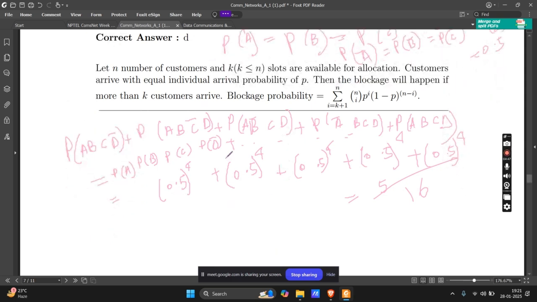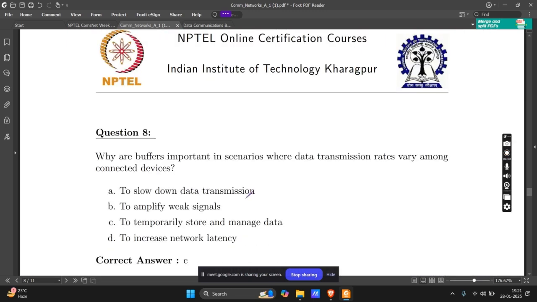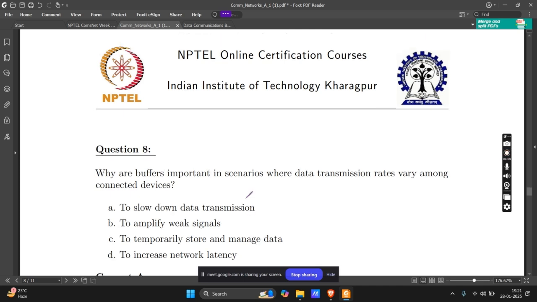This answer sheet will get uploaded, so you can check it later. Now, why are buffers important? This is a theoretical question. Why are buffers important in scenarios